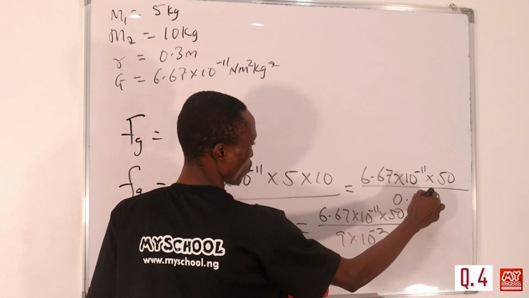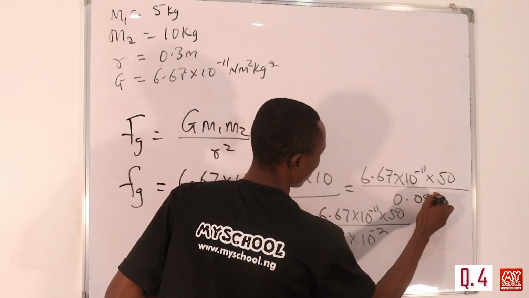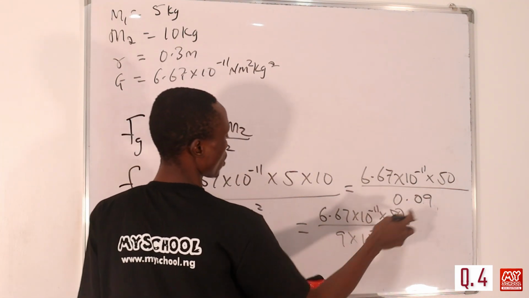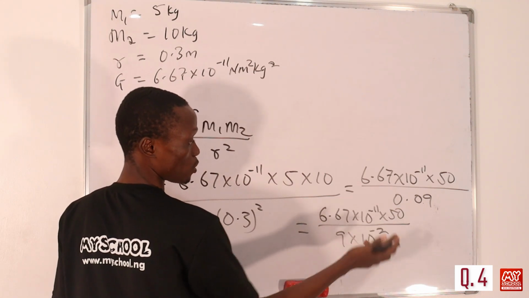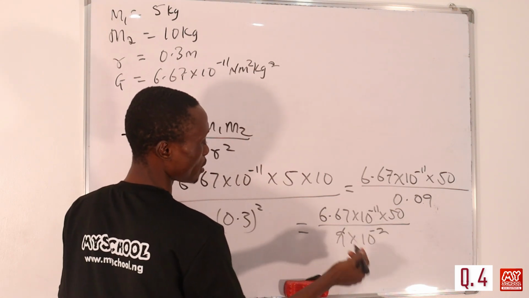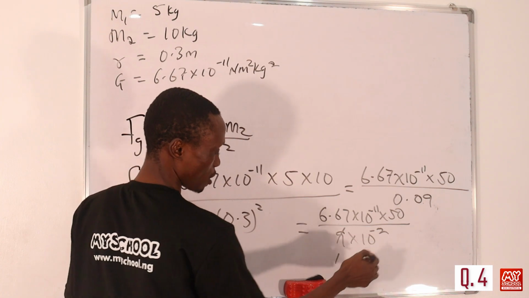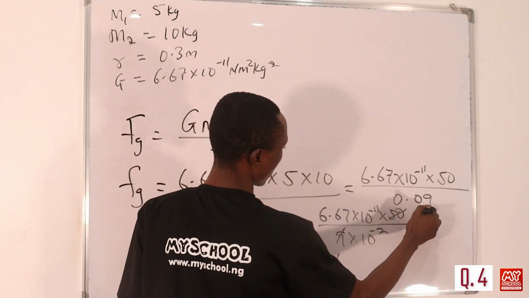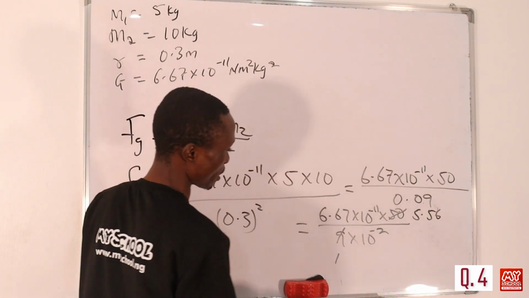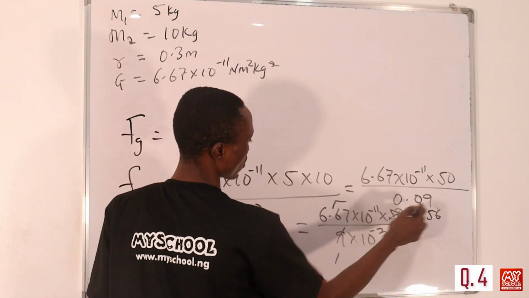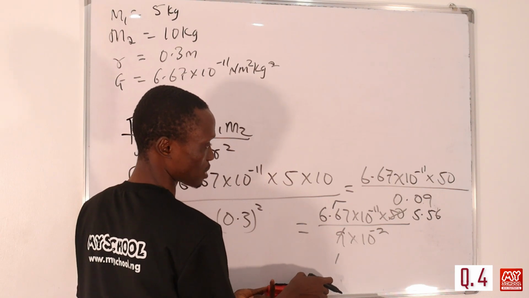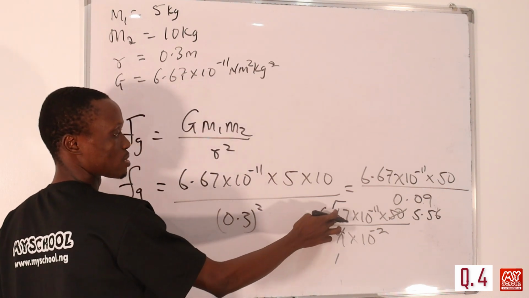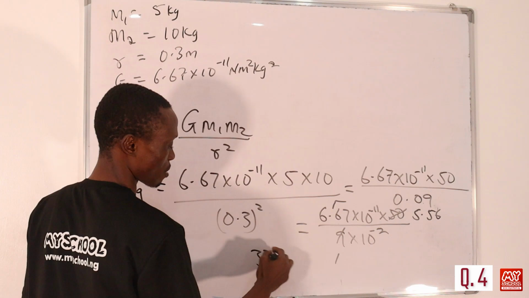Okay, we'll actually move 1, 2, 3... this is supposed to be 0.09. So if we put this in standard form, we have 9 times 10 raised to power minus 2. So 9 here is going to be equal to 1, so 9 here will give us something like 5.56. So let's have it like that. We'll multiply these two first so that we can apply the law of indices. If we multiply 5.56 by 6.67, we'll have